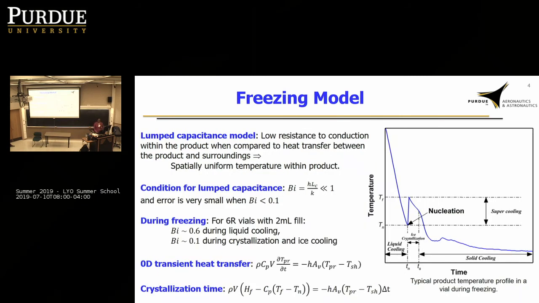It's fit to this 3 coefficient form. So with that, let me talk about the freezing model first. What this does is it uses something called the lumped capacitance model. What that means is you're assuming that your whole product is at a single temperature. So there is no non-uniformity in temperature within the product itself. What you're assuming is that there is no resistance to heat flow within the product. All the resistance is between the product and the surroundings.